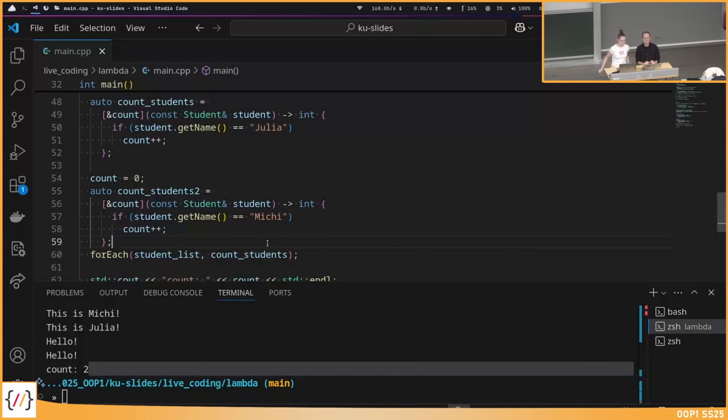So, for example, if you have an array of arguments, it would make much more sense to have one for each function and then have separate lambda functions, for example, removing white spaces or maybe formatting them in another way, and you can just apply that in a for each function, having each member, each student in the vector. I'm not sure if we got it. We got it correctly now. Do we